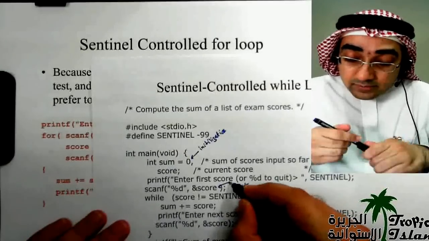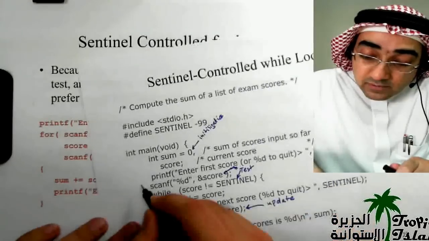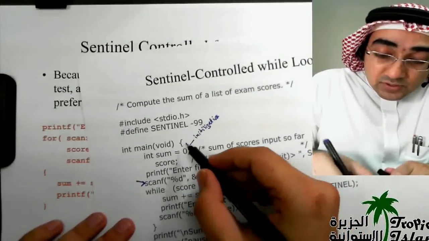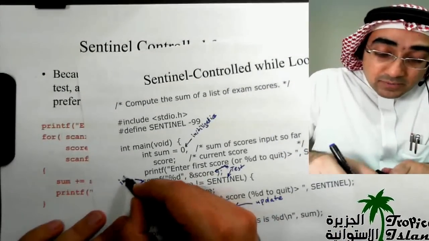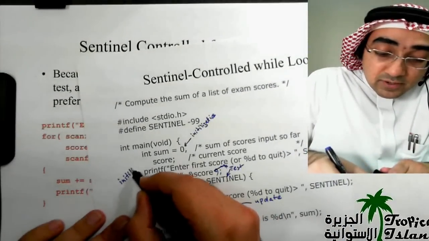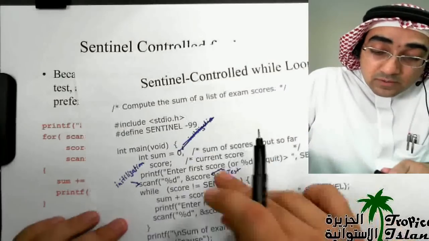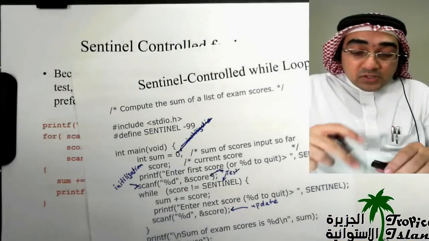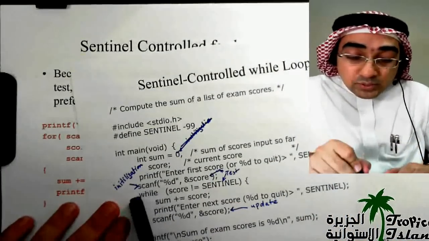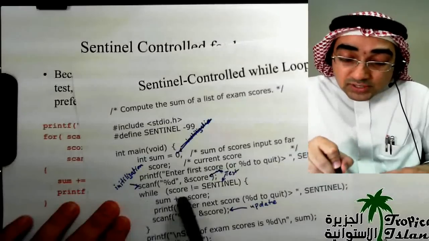Oh, sorry. This is not the test. The test is this one, and this is the initialization. This is the initialization of the sum, but not the initialization of the variable. Okay, so this is not correct. This is the initialization to 0. It's correct. This is for the sum, but we are more concerned over here with the initialization of the while